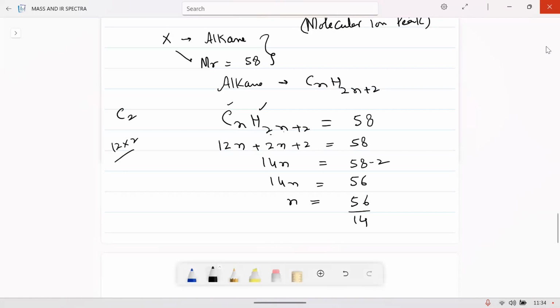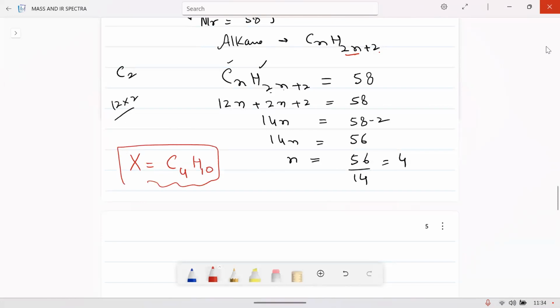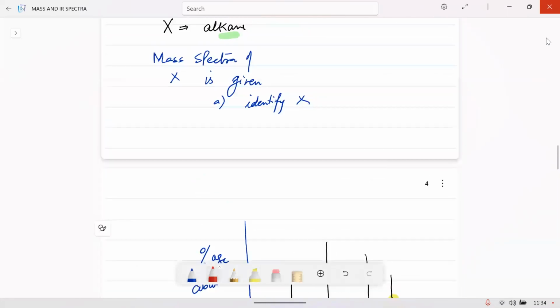This will be how much? 4. So this means your X is C4, H 4 into 2 is 8, 8 plus 2, 10. X is C4H10. That's the first thing. So this is what they have asked us. They have asked us to identify. The next question they could have asked us is,